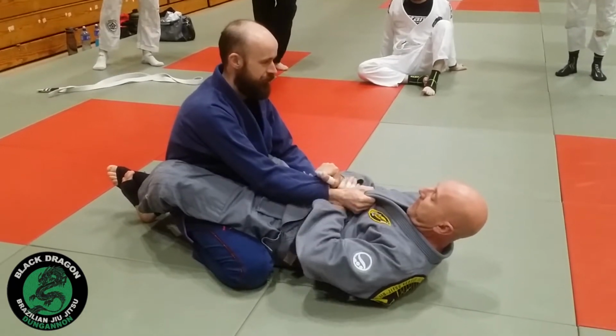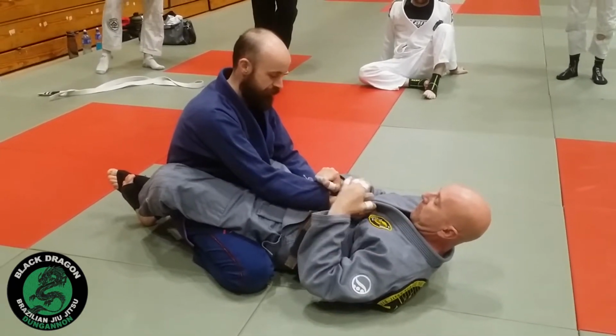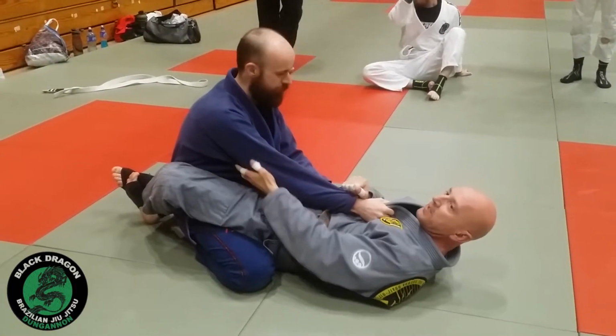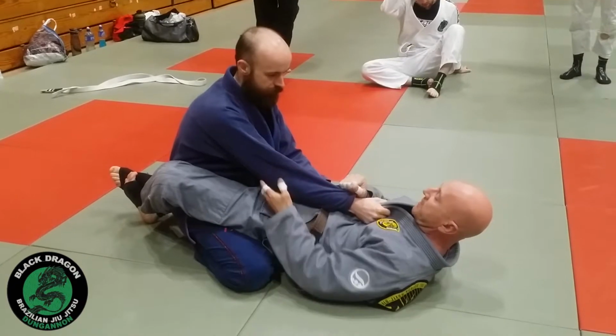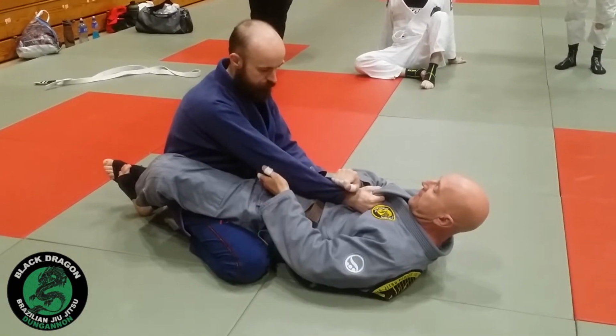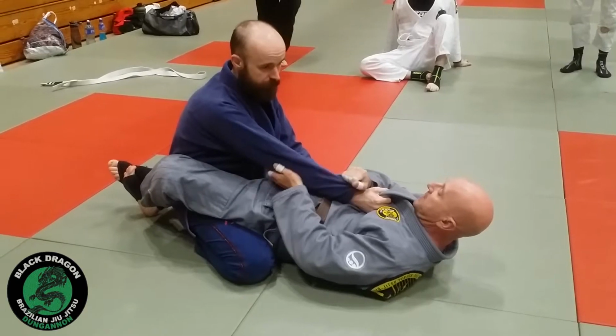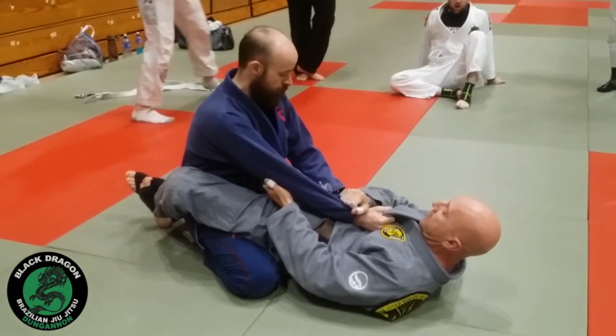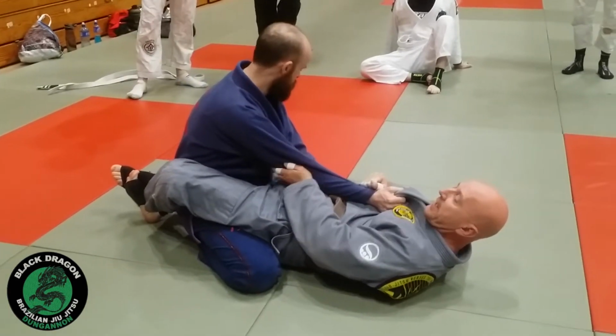Okay, so from there, again, we're working off the premise of this grip. I mean, 90% of people inside your closed guard will be using this grip. But there's a lot of play in the lapel here. So I don't need to get the elbow past my center line, I just need to get it towards the center line. So even from there, just by bringing it to here, I have it on the inside of the